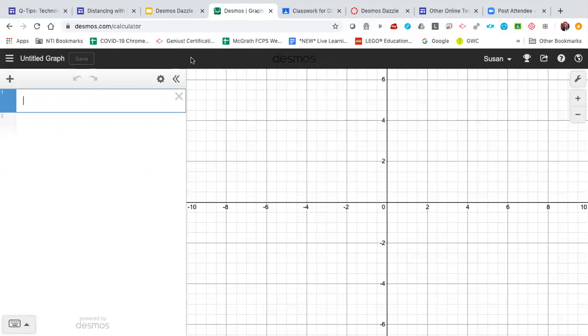So this is separate from teacher.desmos.com, which you've done before. And this is also separate for our students in student.desmos.com. So that's something that you want to be aware of. While you're doing that,